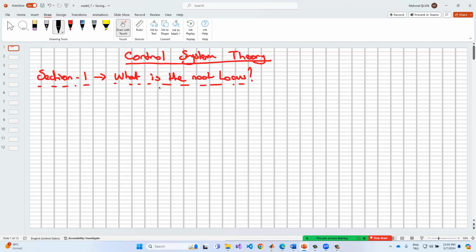But in order to understand the meaning of the root locus, we need to explore some open loop and closed loop transfer functions in control theory, okay? And so, as we always do, we need to define the problem in here, just like this one. In the open loop, the TF can easily be found